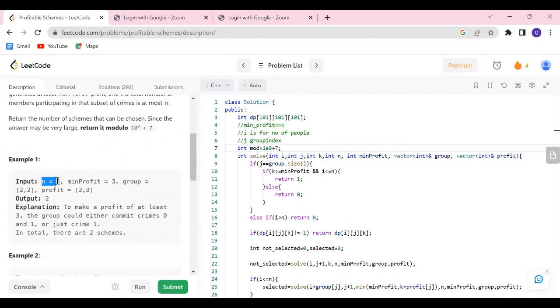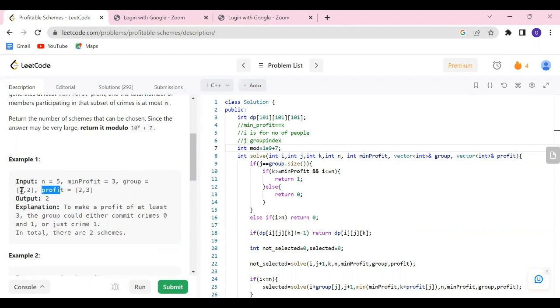there is a limit of people called n. So n is equal to 5. So we can have a group of 5 people together only, not more than 5. Then we have a minimum profit, and we have one array called group and one array called